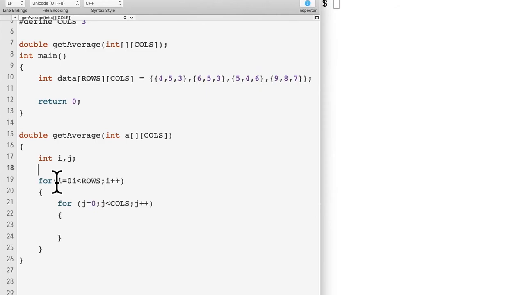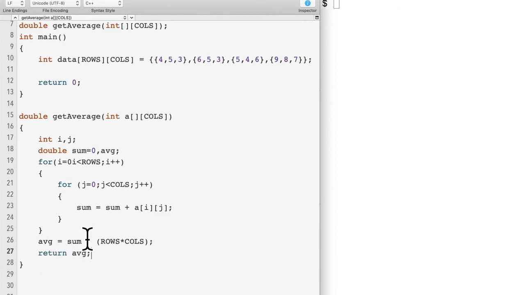This function is going to get the average for the numbers inside this array. So we need another variable here, double sum equal to 0 and avg. We calculate the sum: sum is equal to sum plus a[i][j]. Then to get the average, average is equal to sum divided by rows times columns. Then we return the average.